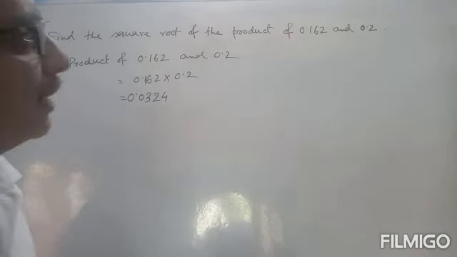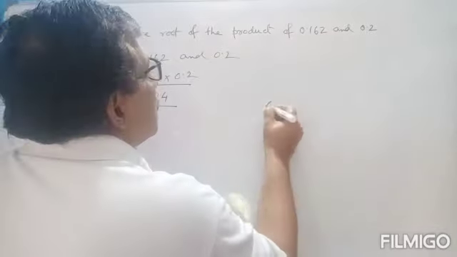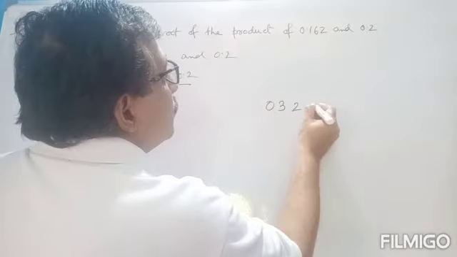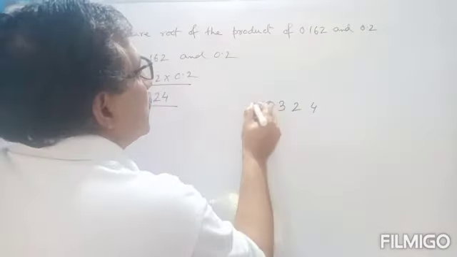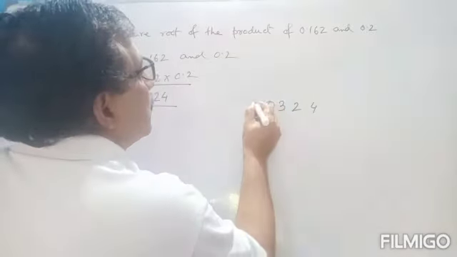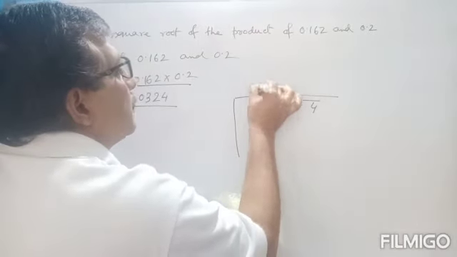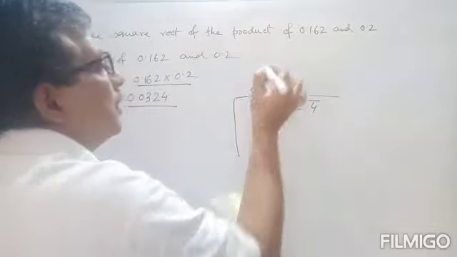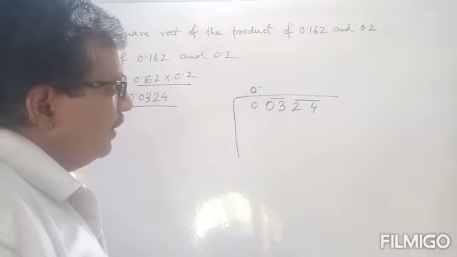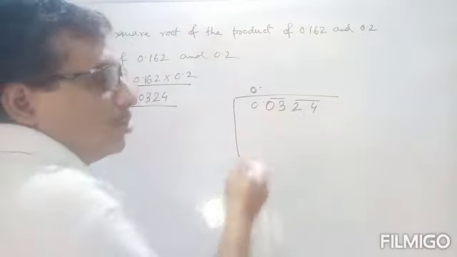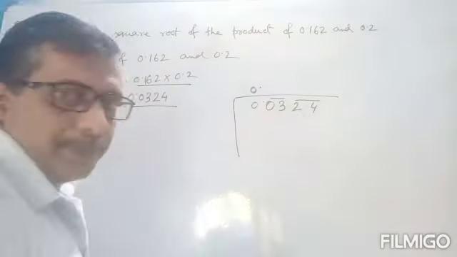0.0324. Now we have to find out the square root of this, exactly as before. 0.0324. Take a point here and take the sign, taking pairs 2 2. So this is the point, first write the point here, 0 point. Now the point goes here, so 0 3, that means 3. 1 1 is 1, 2 2s are 4. So we have to put 1 here, 1.